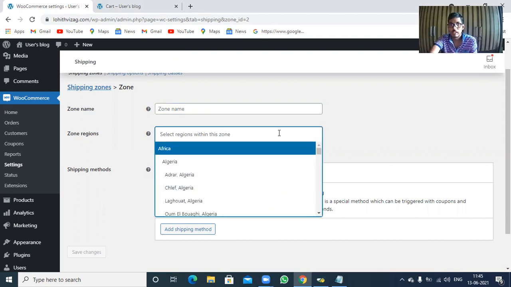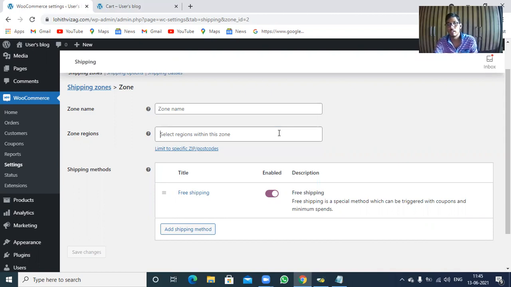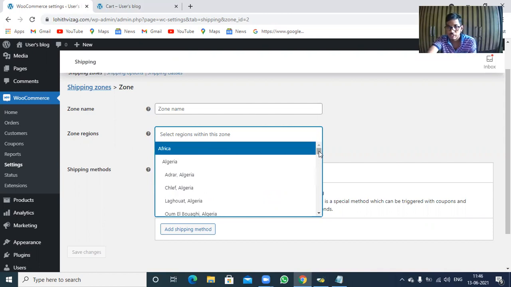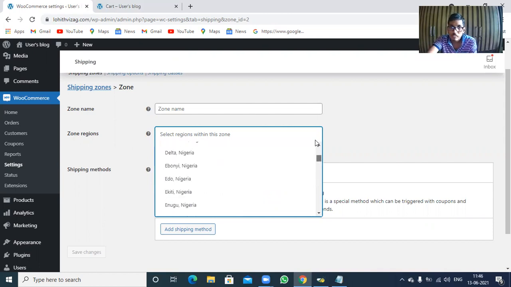So I'm going to select India only. So this was the example now. Okay, now let's see. I'm going to search for India.